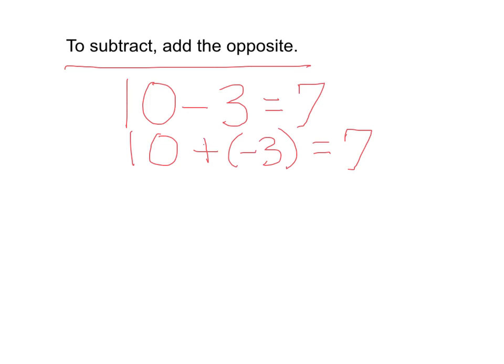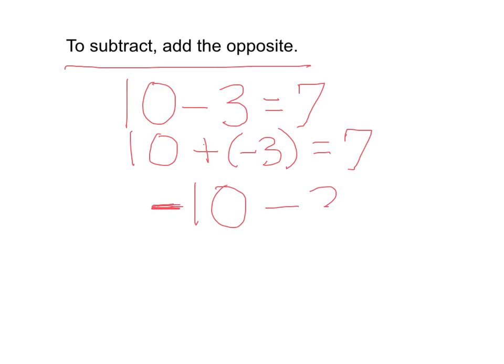I could use the little song as a rule that we just did on the previous slide. Since the numbers are different signs, I would subtract them, and I would keep the sign of the bigger number, the positive 10. Okay, so 10 minus 3, you wouldn't really bother to write 10 plus negative 3 because you know 10 minus 3 is 7. But this is a great rule to use when we are adding and subtracting with negatives. So for instance, what if I did this? What if I had negative 10